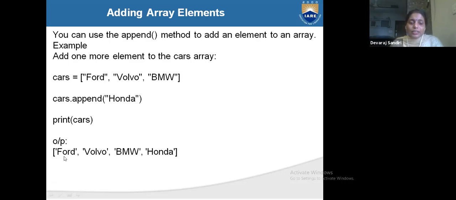Print cars, and it printed Ford, Volvo, BMW, Honda. So here it added a 4th value.